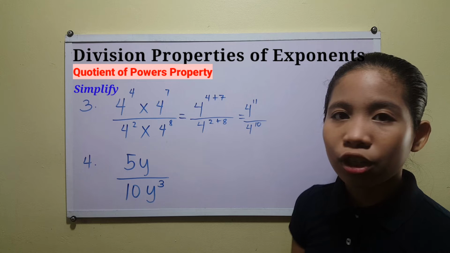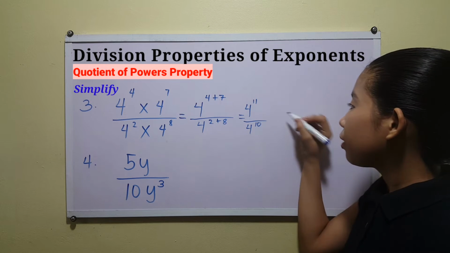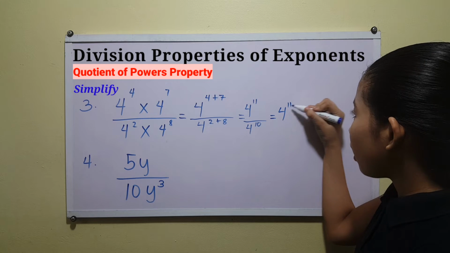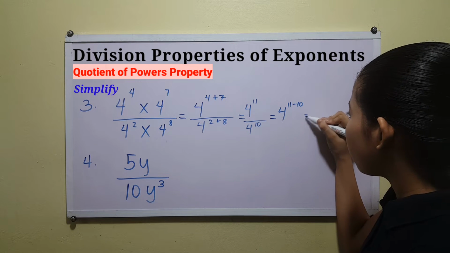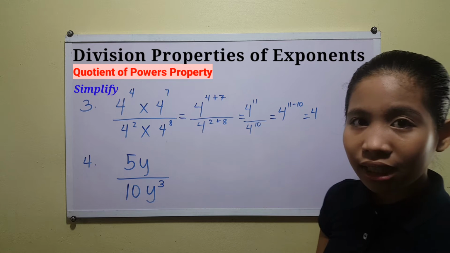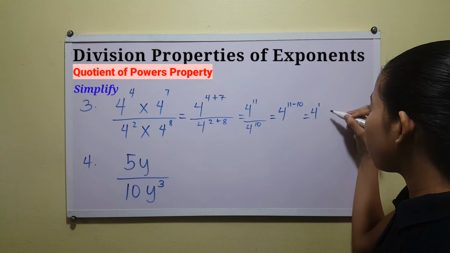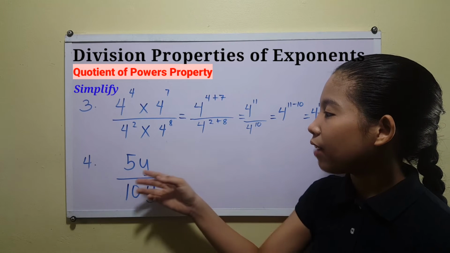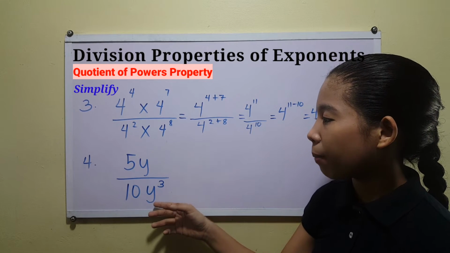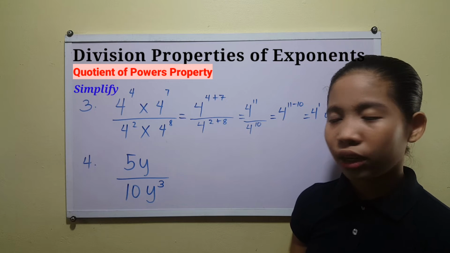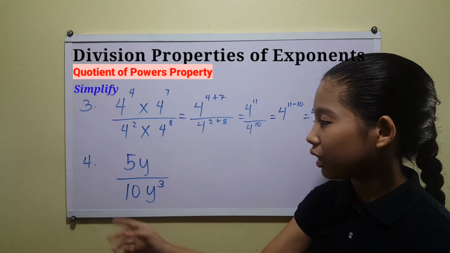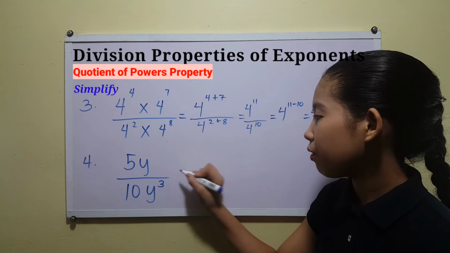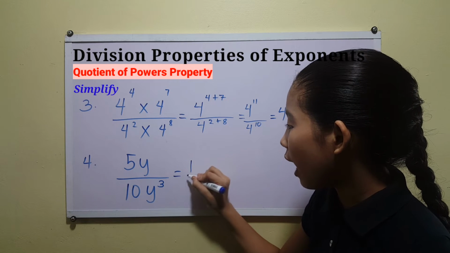Now we can do the division property of exponent. Copy the base, 4. And then subtract the exponent, 11 minus 10. And 11 minus 10 is 1. So we have 4 to the power of 1 or 4. Now we have 5y divided by 10y to the power of 3. The first thing that we are going to do here is to reduce 5 over 10 to its lowest term. And 5 over 10's lowest term is 1/2. So we have 1/2